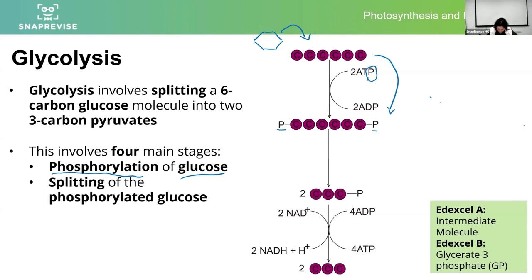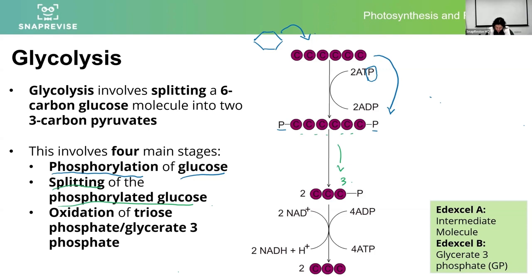The next step is to break down glucose, splitting of the phosphorylated glucose here. So this 6-carbon molecule became a 3-carbon molecule. And this molecule here is called, so here's where it differs a little bit between exam boards, triose phosphate, TP. This will be particularly for Edexcel B, but it can also be called